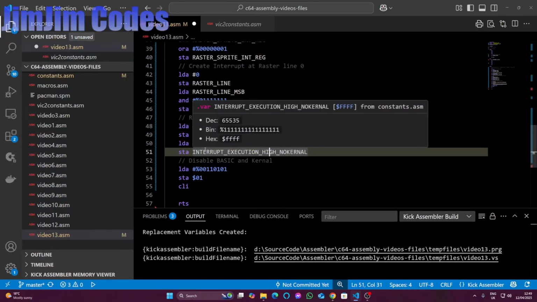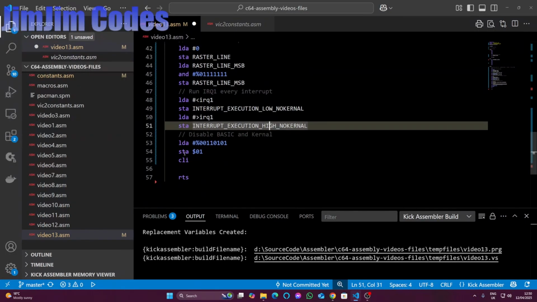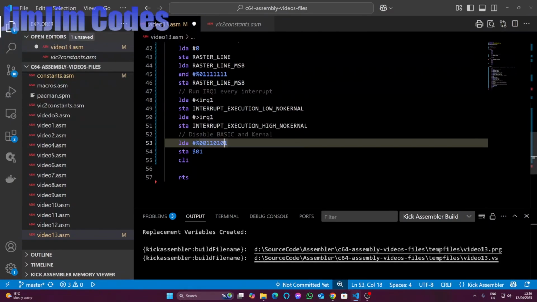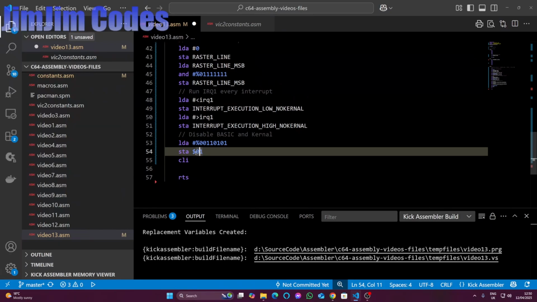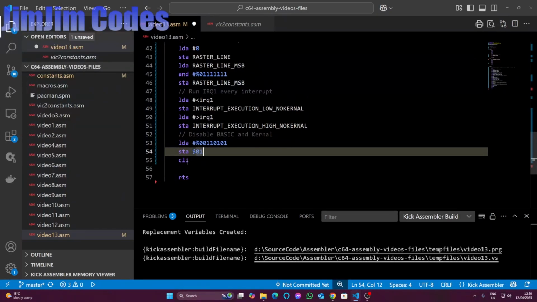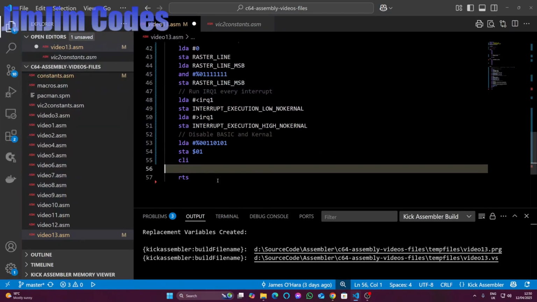Okay, so we're disabling BASIC and Kernal here. We load that address into this special register, which we've discussed in previous videos. We will then clear the disabling of the interrupts. Now we've set all this up, and I've put an RTS there, but obviously there's nothing for it to return